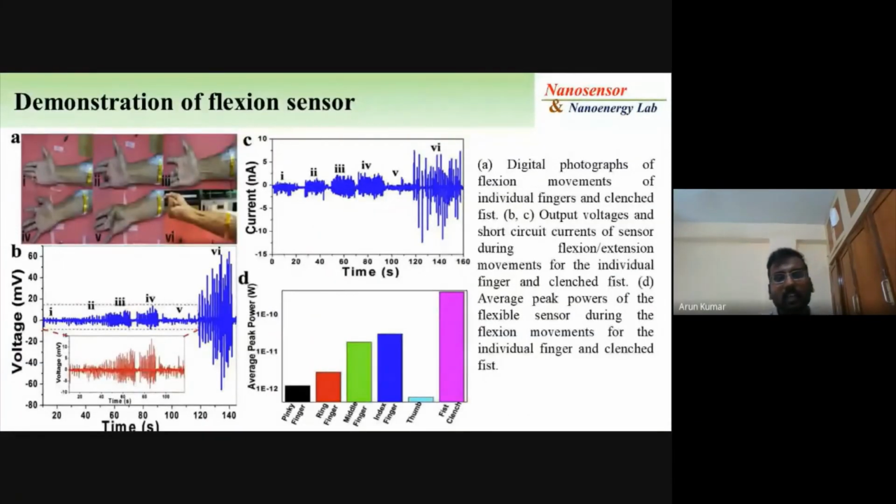The next device is a flexion sensor. Flexion is a nerve that we have in our hand, which you can see in your lower elbow. What we did here is connect a device as a strip, and we tried to bend each finger. Each finger, the index finger, thumb, middle finger, will give a different output. So by using this, we can understand the motion of the finger. This is not only used for analysis. In the higher end, you can use this for a robotic arm.